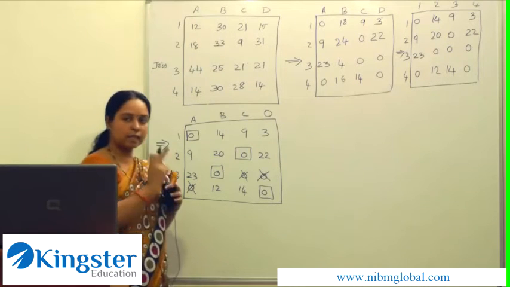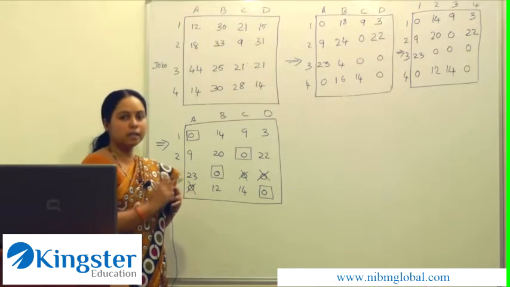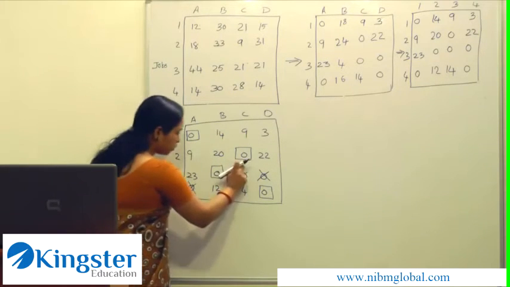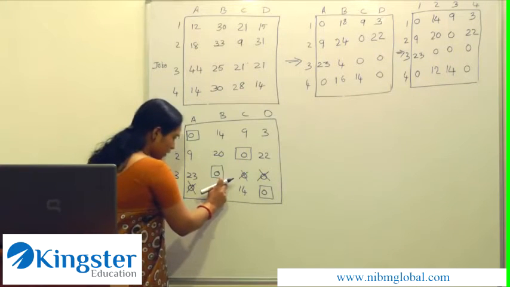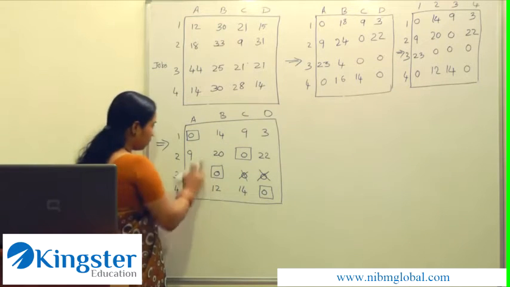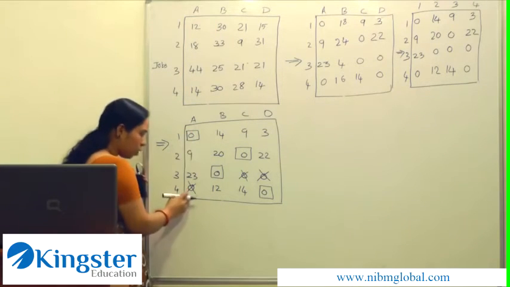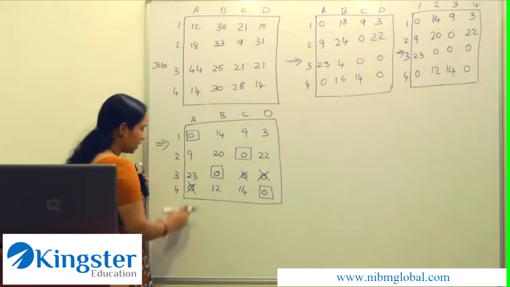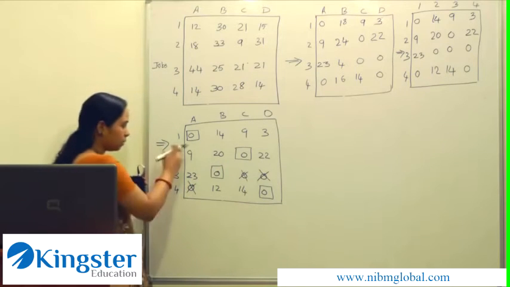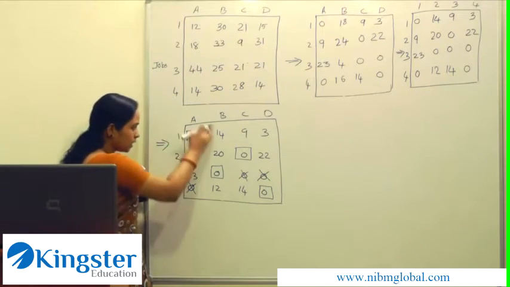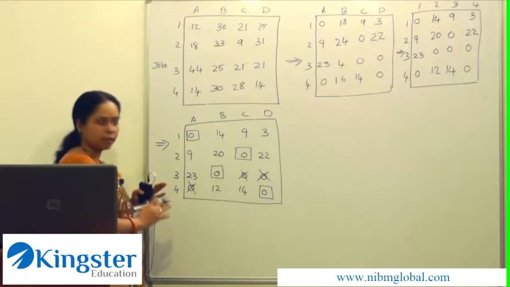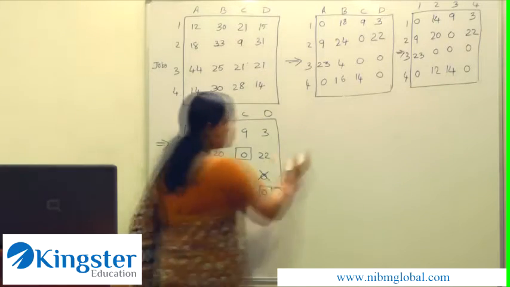There must be a single assignment in each row and each column. Now consider the first row. Yes, we have a single assignment. Second row also we have an assignment. Third row also assignment. Fourth row also we have a single assignment. So no problem. Now consider column wise. Every column should also have a single assignment. We have an assignment in all columns, or specifically, a single assignment in each column. So a maximum assignment is made. Now we can write the assignment schedule.